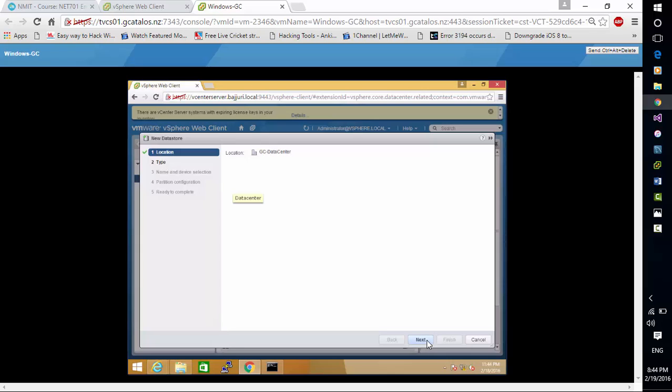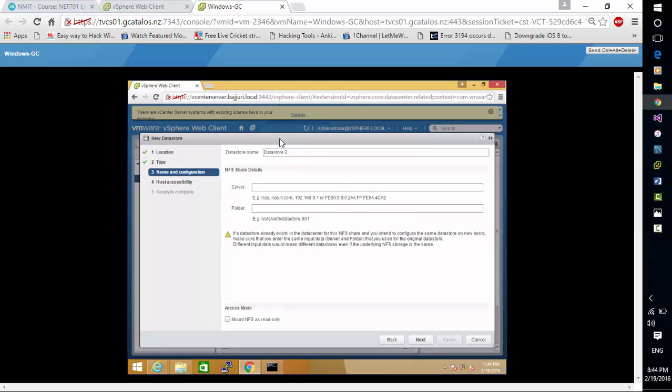Select the GC data centers and click next. And select your NFS and click next. And type your name over there. I already created the data store, that's why I can't type the name, and